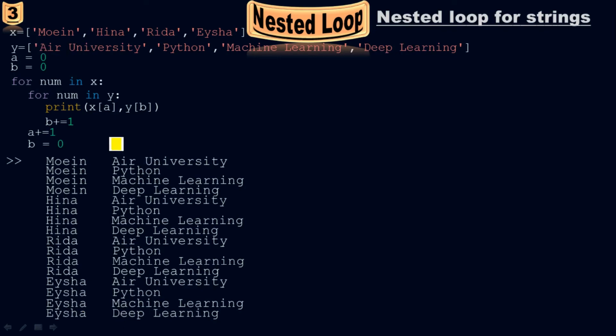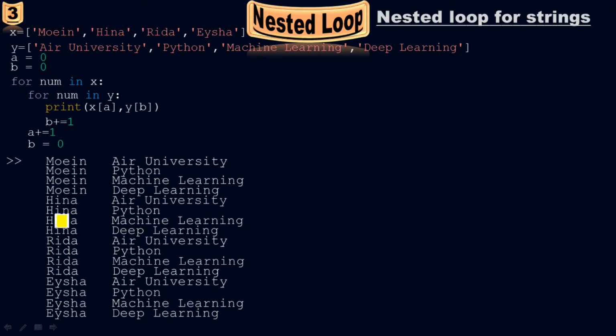You will see such patterns in the output. This left side is the iteration of the outer loop for the x. This right side is the iteration of the inner loop for the y. Now when you look to the right side, the outer loop iterates only once, but the inner loop iterates for all the four items. As it finishes the iteration for the last item, only then the for loop will start